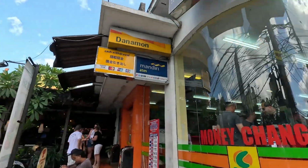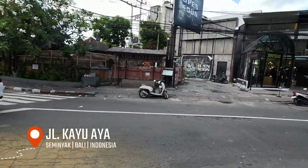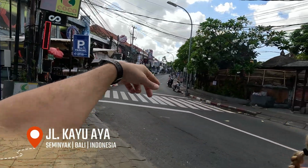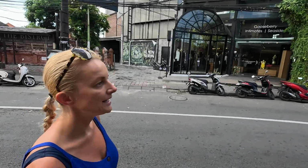But this is Coco Supermarket. So I think it's a 24-hour supermarket. And yeah, this is a few little shops and bits and pieces up there. But it's got sort of restaurant styles that go down this way. And actually, if you want a really, really cold beer, the coldest beer we've had in Bali,